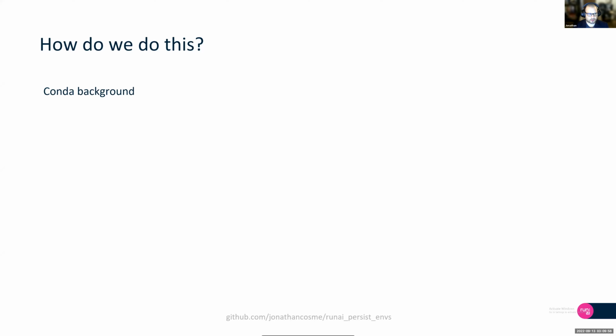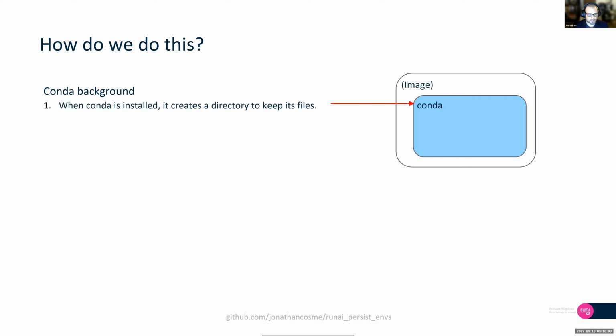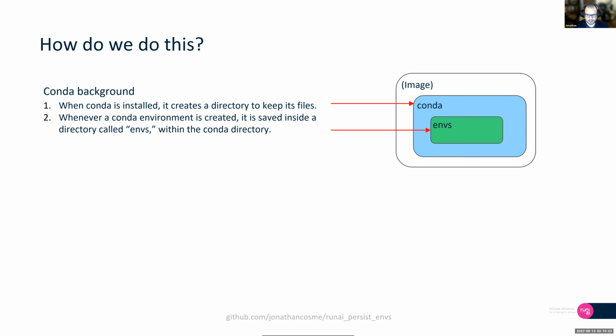So a little bit of Conda background, because we use Conda and Mamba extensively in this example. When Conda is installed, it creates a directory to keep its files. Sometimes this directory is called Conda, sometimes it's called Anaconda, sometimes it's called Mini Conda. But the point is, there's a folder that has all the stuff that Conda requires to function. And whenever you create a Conda environment, it creates a folder inside of this called envs, which stands for environments. And within that environments folder, it will create another folder with your environment and all that is needed for that